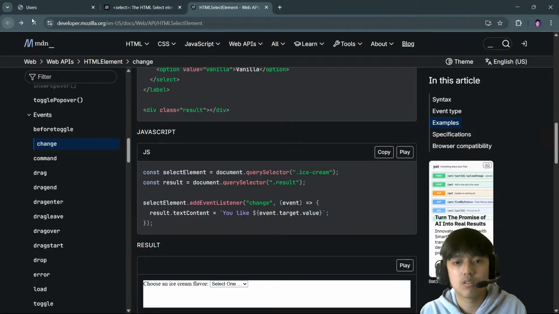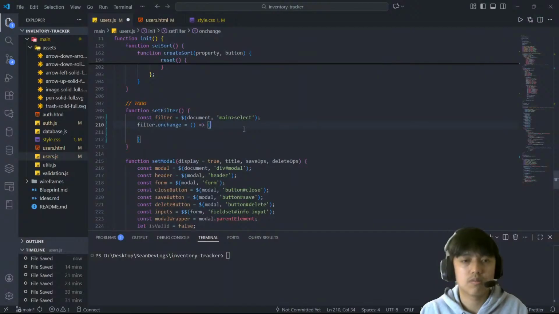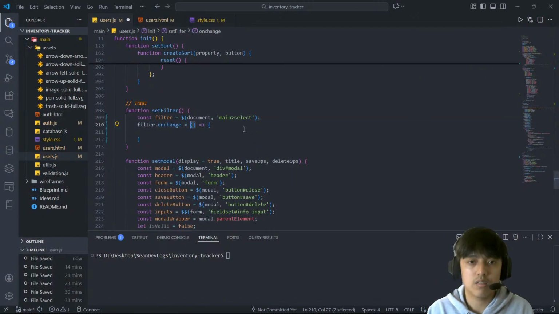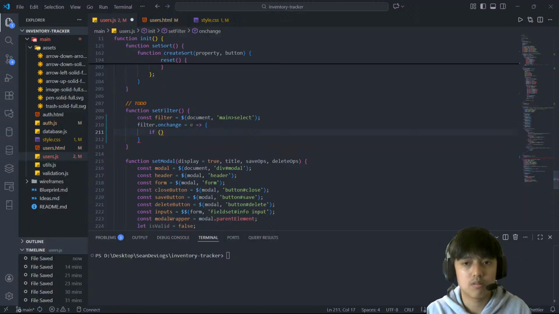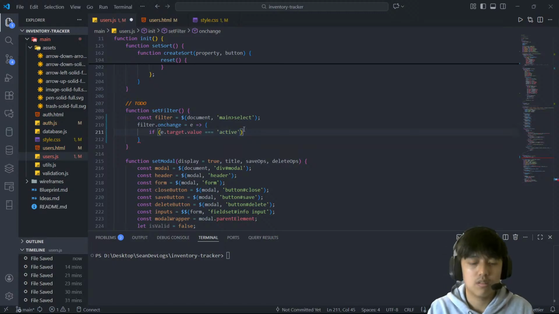Okay, so I still need event if e dot target dot value equals active, then